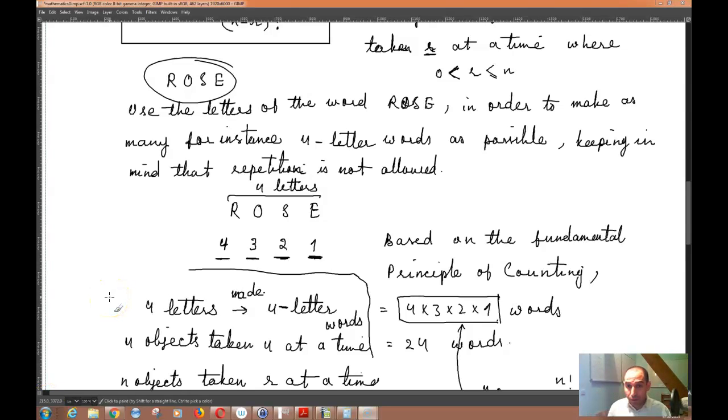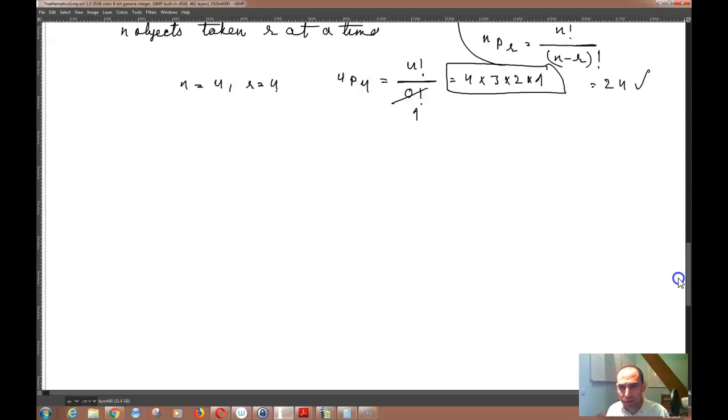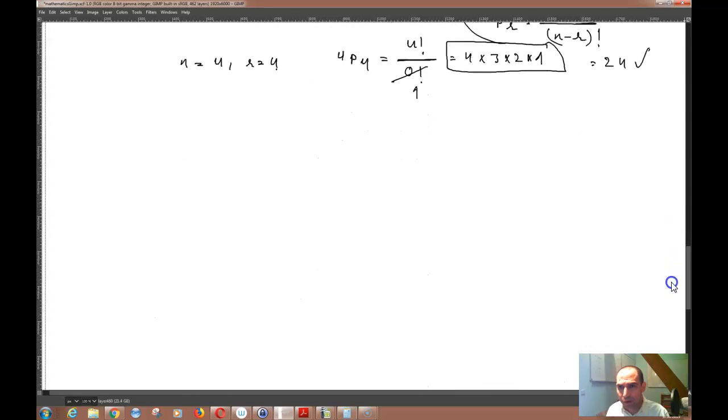Okay, so now the formula that we found for the concept of permutation is n permutation r is equal to n factorial over